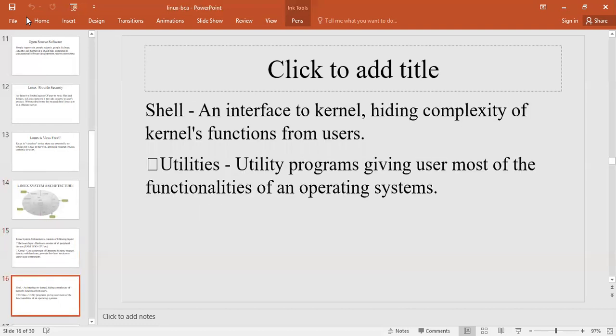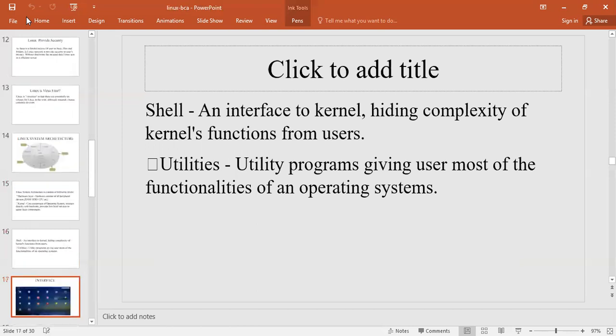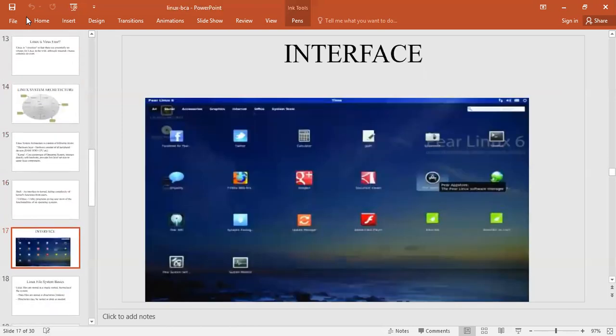What is the shell? The shell is the next layer to the kernel. It is an interface to the kernel, hiding the complexity of the kernel's functions from users. Utilities are utility programs giving users most of the functionalities of an operating system. Here it is an interface, the graphical user interface of the Linux operating system.